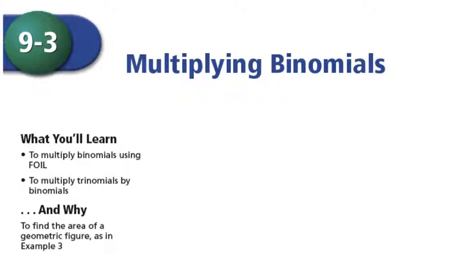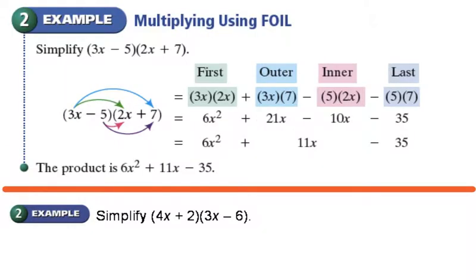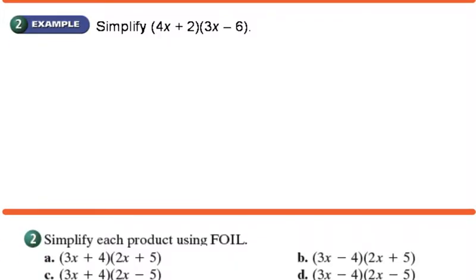We are going to skip over example 1 because I prefer to use the foiling method. The distributive method is pretty much the same thing. It's just that foiling is a mnemonic device that helps you remember to do each and every one. Okay, so foil. Okay, so foiling